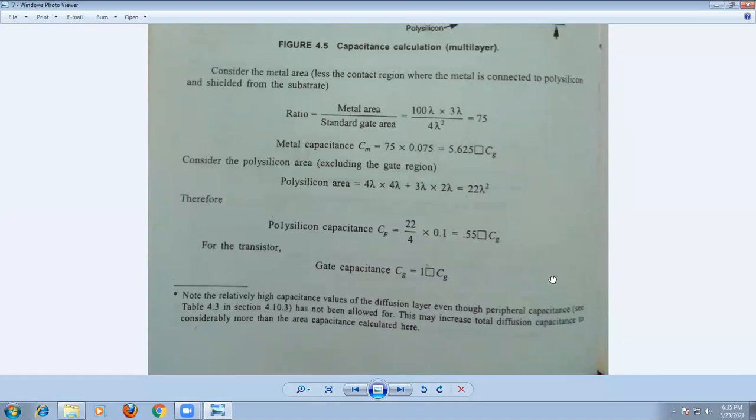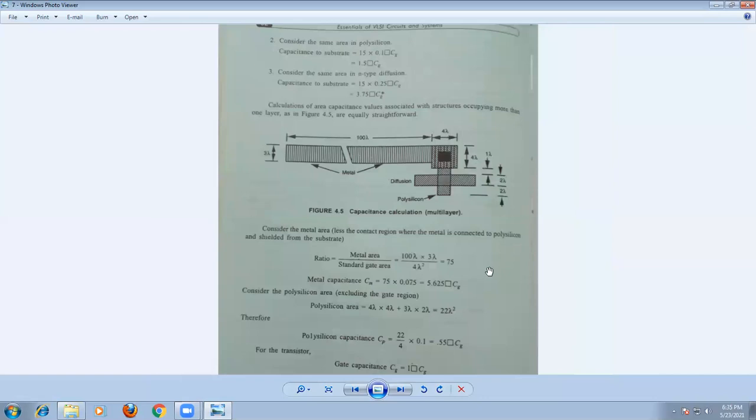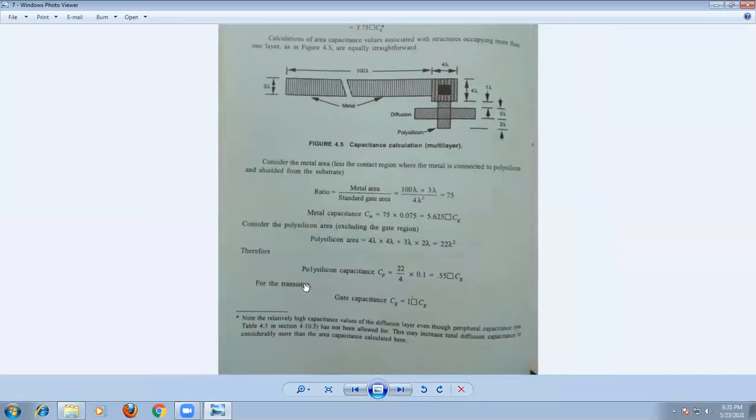Now we already excluded the transistor gate area, so we can consider this transistor gate area. This is the standard 2 lambda width, so for 2 lambda width, this is the gate area. We can take CG, 1 square CG. What is the 1 square CG in 5 micrometer technology? The transistor gate capacitance is equal to 1 square CG. If you want to calculate the value, the relative area is 2 lambda by 2 lambda divided by 2 lambda by 2 lambda. You get the relative value as 1, that is 1 square CG. Like this you can calculate.